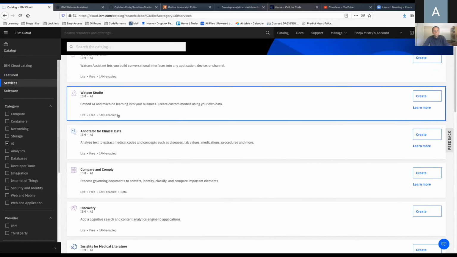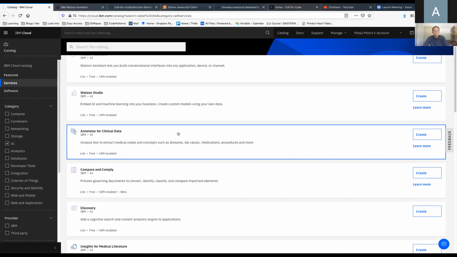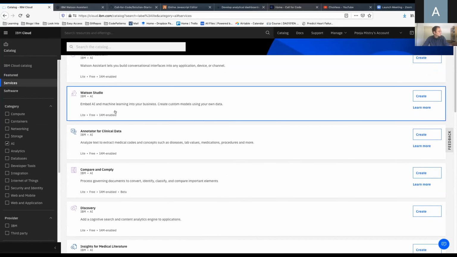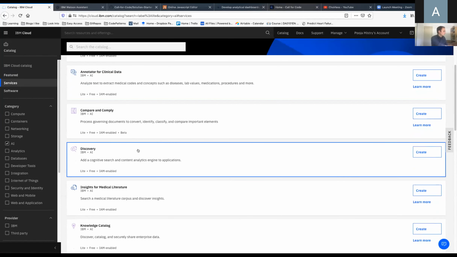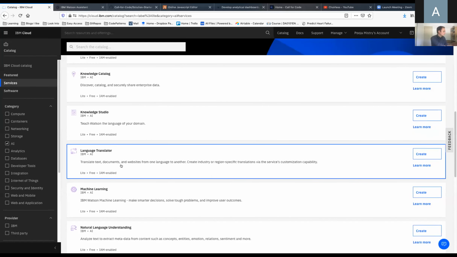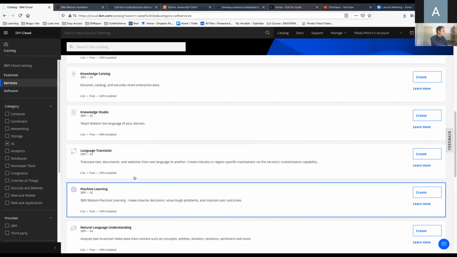Watson Studio, which Svetlana and Patrick will be talking about a little bit later, is also one. You can create a free service of Watson Studio. There's Discovery. There's Language Translator, so for those of you who might be creating projects involving translating language, you might be interested in that.